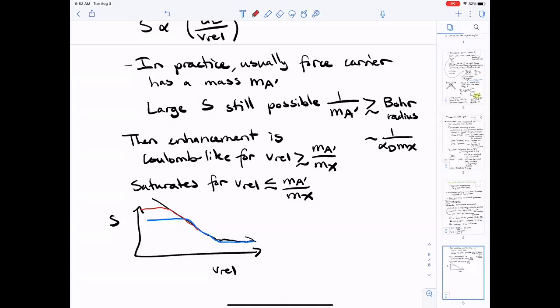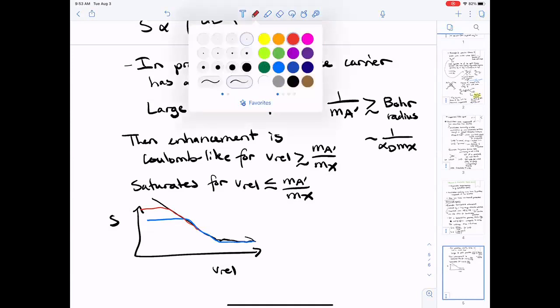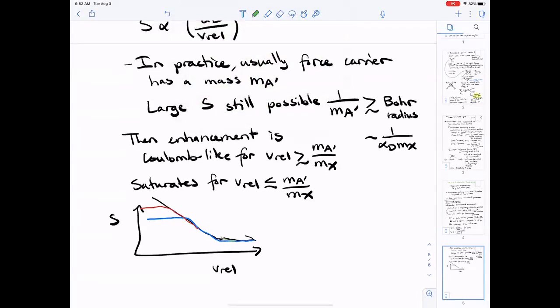There's one subtlety here, which is that once you have a massive force carrier, you can also get resonances in the system, which occur when there's a bound state that has almost zero energy. In that case, you actually get a stronger scaling, where it scales like 1 over v squared for a while until you saturate. And so it's not monotonic with the mass of the dark force carrier. If your dark force carrier is such that you happen to have a resonant bound state in the system, that will increase the rate significantly more.